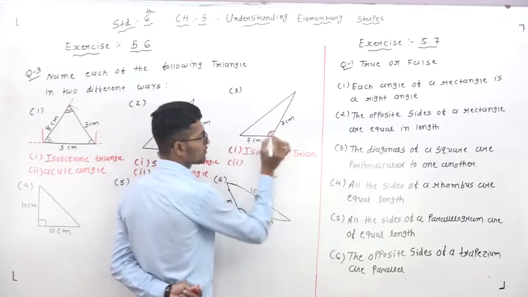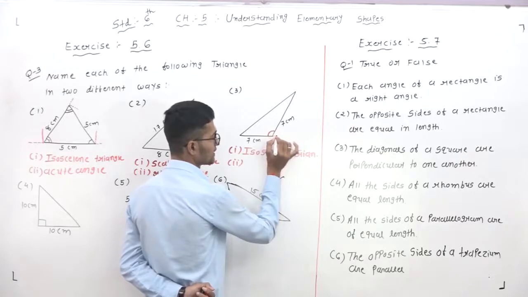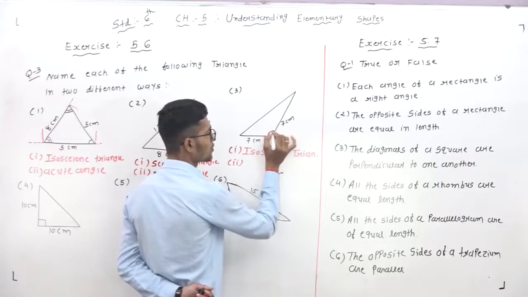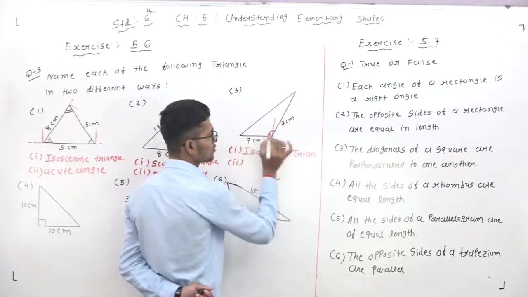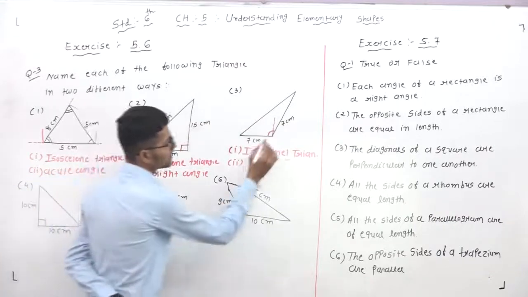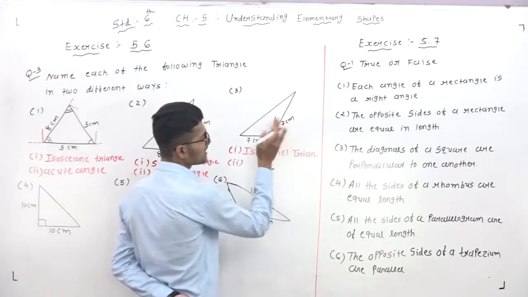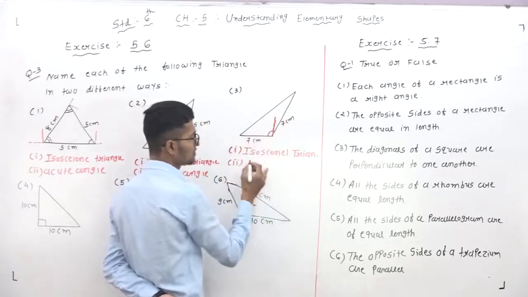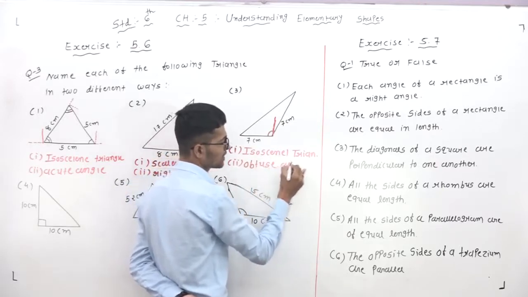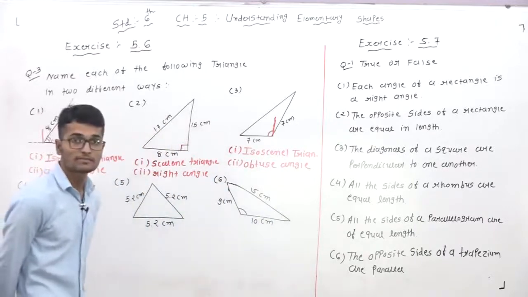And then after, see here, this angle is given. Now which type is this angle? First of all, this one is our vertex. From this vertex draw one line. If you draw a 90 degree line here, this one is bigger than 90 degrees. It means this one is greater than 90. Greater than 90 means which type of triangle? Obtuse. Write down obtuse angle triangle. This means it is called an isosceles triangle and obtuse angle triangle.